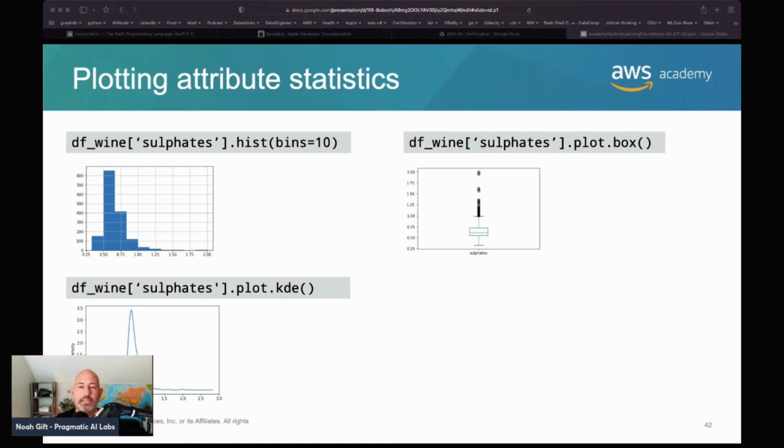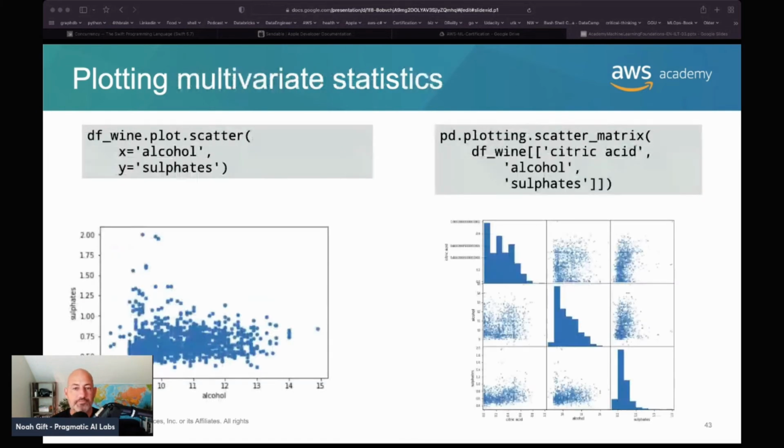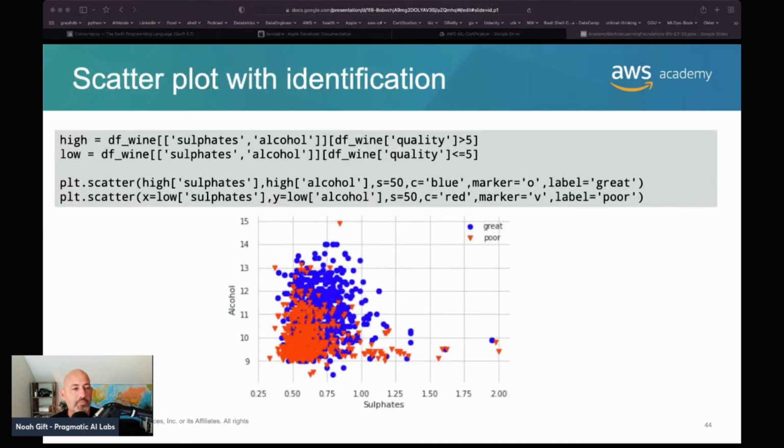If it's, let's say, 10 or less columns, scatter plots, and again, scatter plot matrix are pretty nice because you can see how a bunch of things compare against each other. You also could build out things like a scatter plot with identification, right? So you could even plot the different values and show even more dimensions to the data. So that's really the idea, is to even look at it not just in two-dimensional form, but into multi-dimensional form,